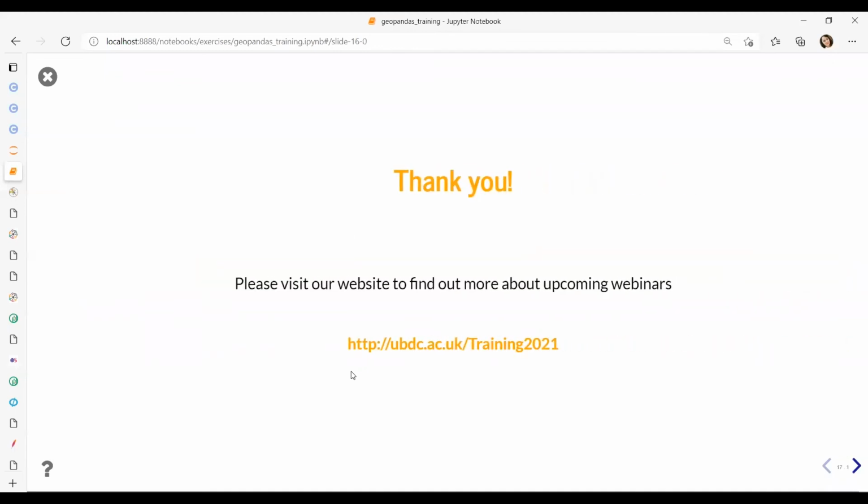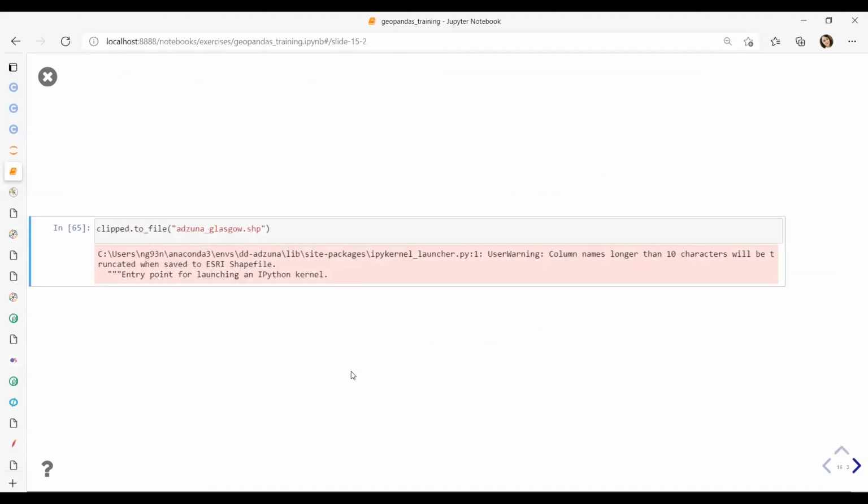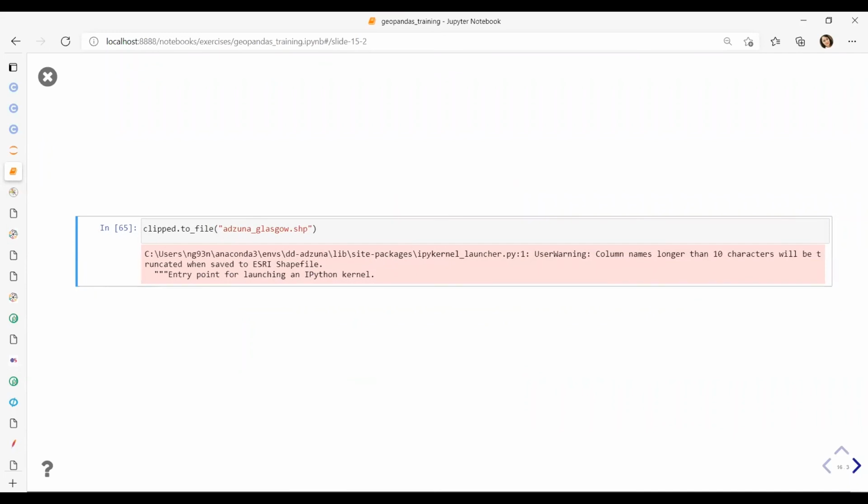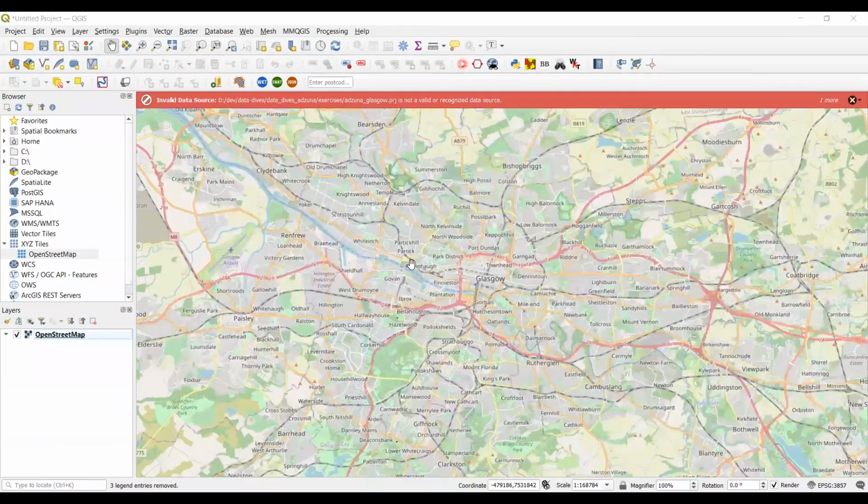Right. I'll probably show you how our data looks. Give me a second. So I'm going to share some other screen. It's going to be QGIS, open source GIS, traditional GIS software.